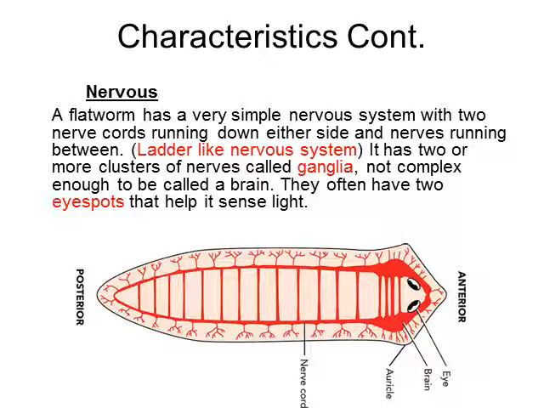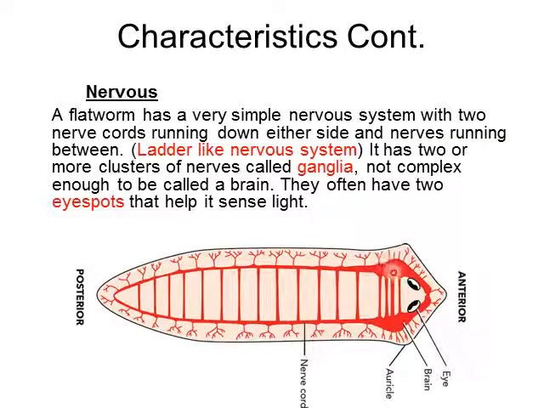Let's start with the nervous system of these guys. So the nervous system is pretty simple. Notice they have nerves that run down the sides here, and they have nerves that run in between. So this is called a ladder-like nervous system. And you'll notice in the head end, they have two eyes. They have this kind of cute, cross-eyed look to them. And they also have these things